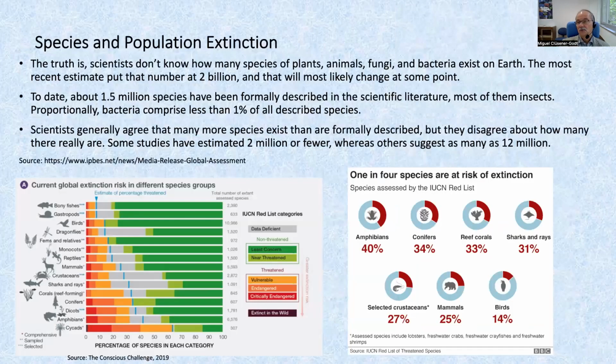Biodiversity is some sort of talk on species extinction. And there's a truth. I mean, really, we don't know absolutely how many species exist on Earth. I gave you already some figures. Some say 2 billion species exist, but we will see. There may be a lot of changes coming in the future. But what we know is about 1.5 million species formally described.